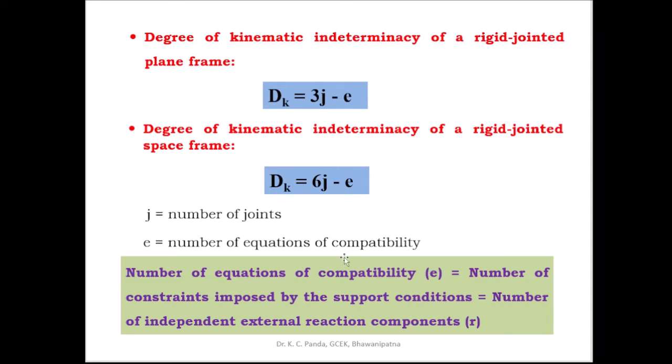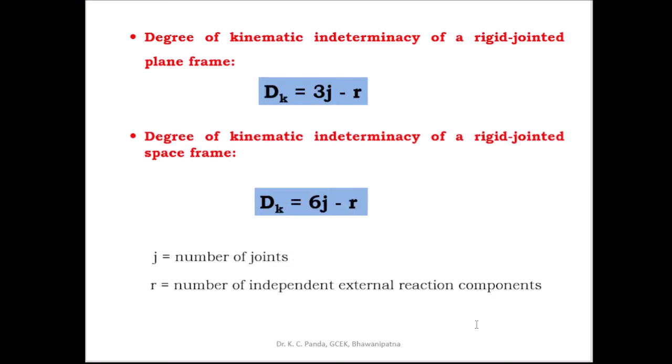The number of equations of compatibility is equal to the number of constraints imposed by the support conditions. As each independent external reaction component provides a constraint against the linear movement in its own direction, the number of equations of compatibility is equal to the number of independent external reaction components. Then the equation becomes,